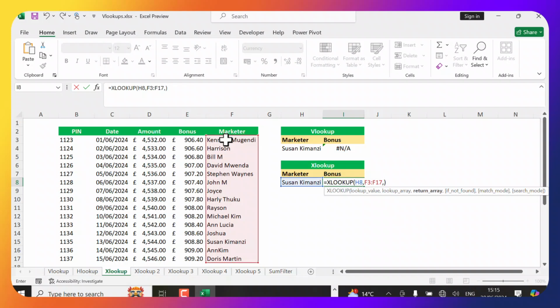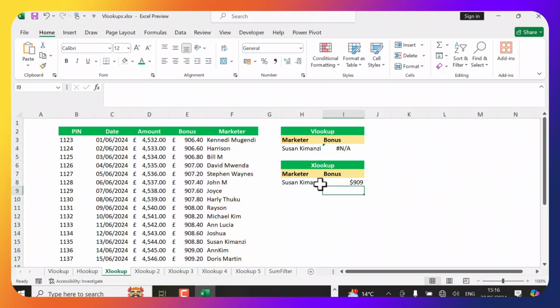Then after it looks up, the next is the return array, which is the bonus. In this case we're going to enter E3, then Control Shift, then the down key. After that I would like it to return "no match" just in case it doesn't find anything, and then I'm going to hit enter. Then we'll get that Susan Kemanzi has a bonus of